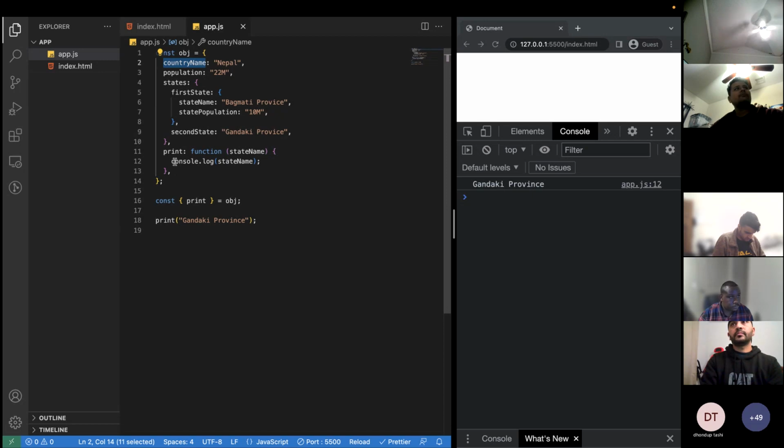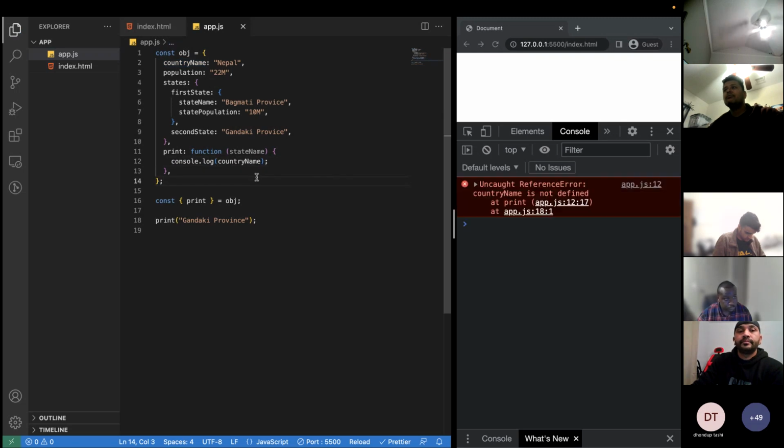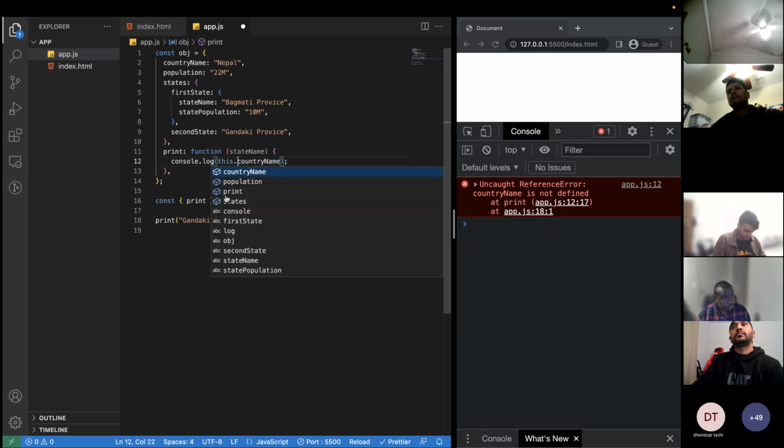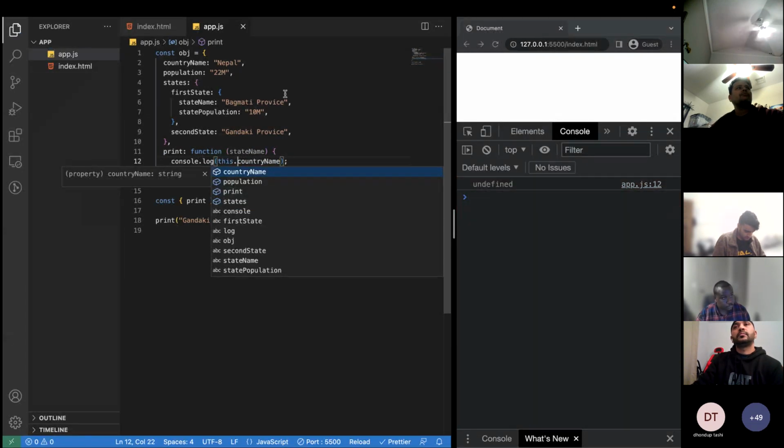So we can still use those things with from object, like we still have something. Let me try to do this country name here. So it is not working. I'm still accessing country name inside this function, but it is not working. For that case, we'll write something called this dot country name, and it will